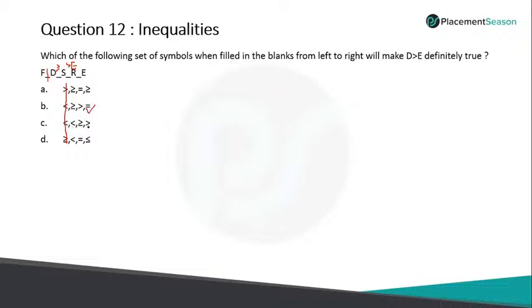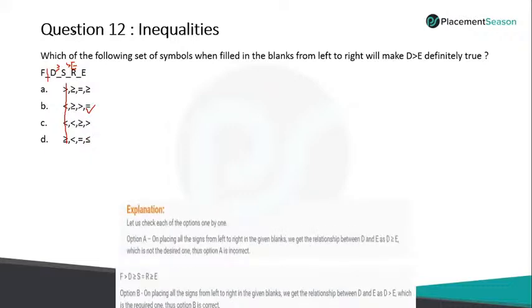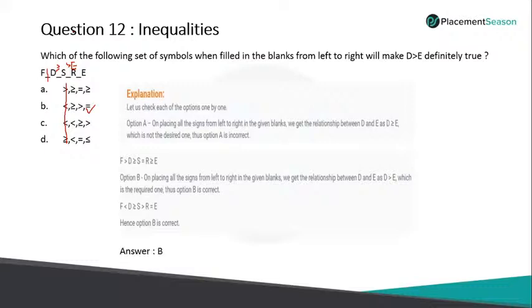By looking at it itself, we will not be able to arrive because one is greater than, one is less than, so we will not get anything from here. Here also we will not get, because equal to is there from the second symbol. So anyway, the equal to possibility is there. So option B is right. Directly we got it. Right?